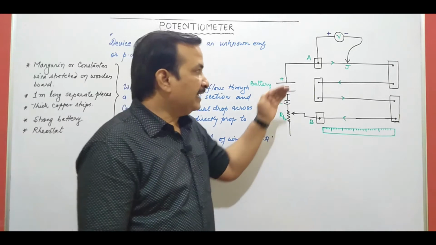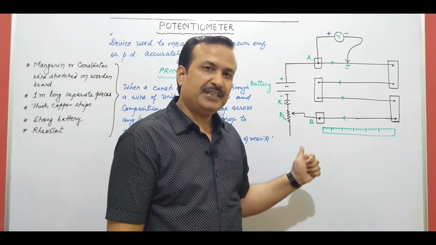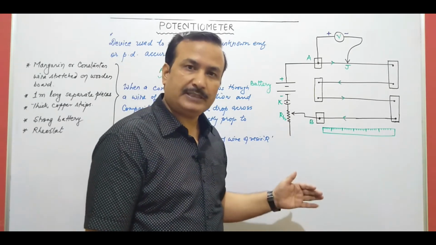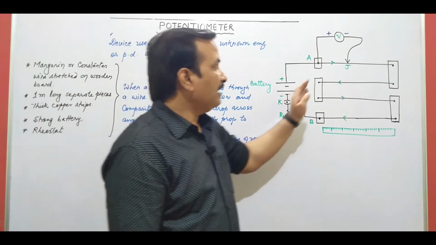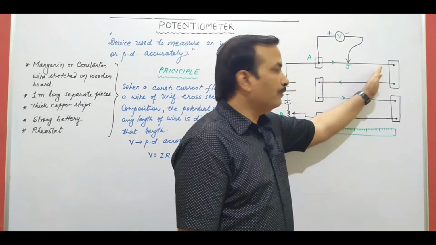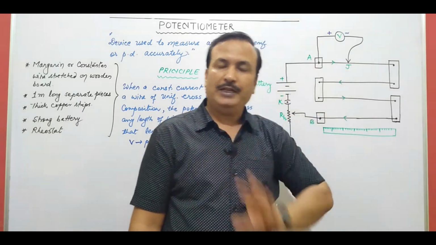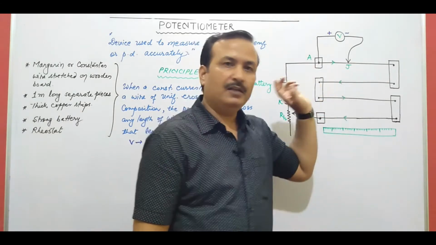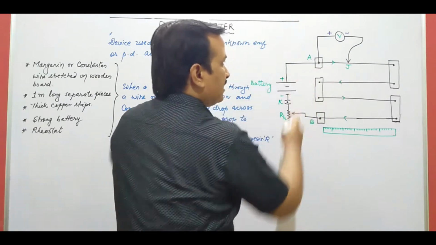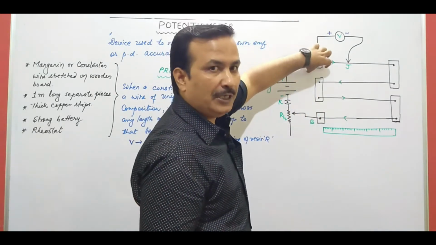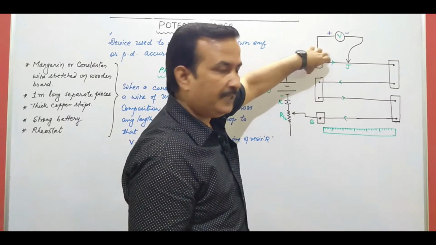There are many applications of the potentiometer. Before those applications we will deal with its principle, how it works. When we switch on the circuit and slide the jockey on the wires, we will find null points somewhere in between. All these positive terminals, where they are connected like point A, should be taken as 0 on the scale, right?